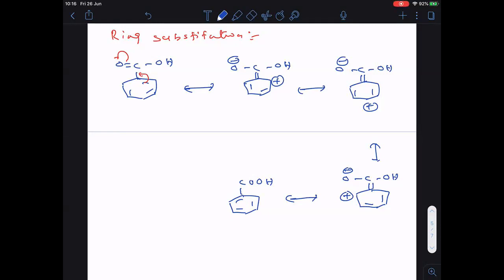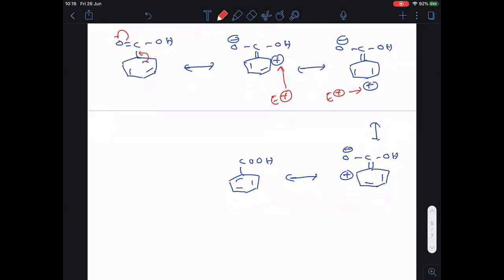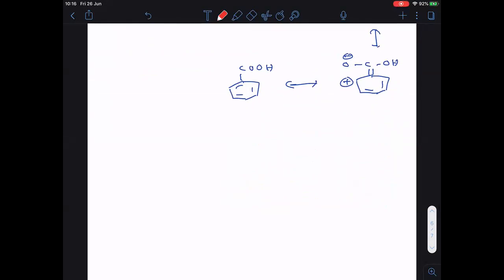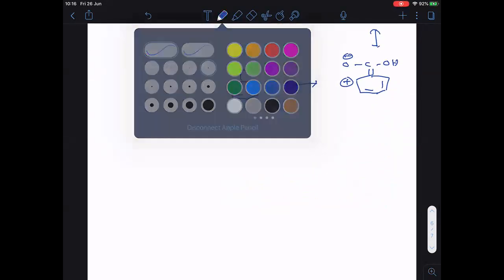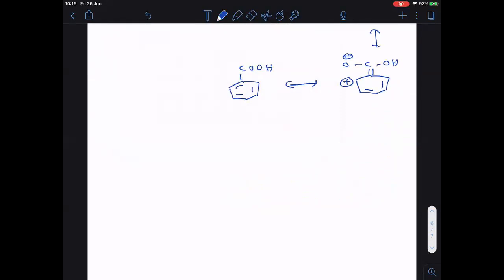Completed? Now here let us take the electrophile. Now can you tell me, does the electrophile attack at the ortho position? No. Why? Because like charges repel each other. It cannot attack. Does the electrophile attack at the para position? No. Again, like charges repel each other there also. So the electrophile cannot attack at ortho and para positions. Therefore, where should the electrophile attack then? At meta position only. Is it clear, everyone?